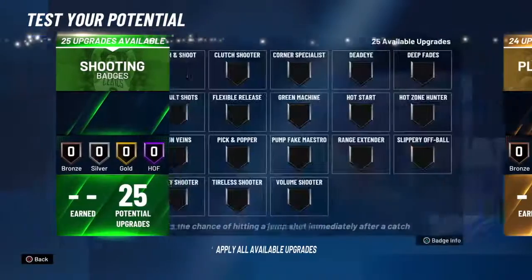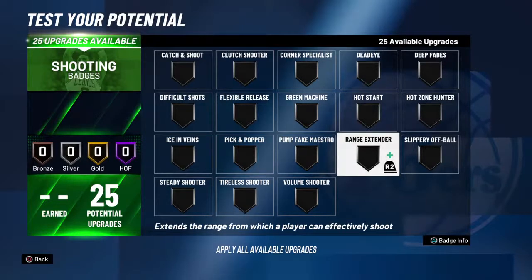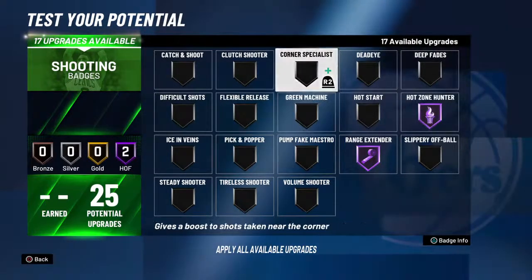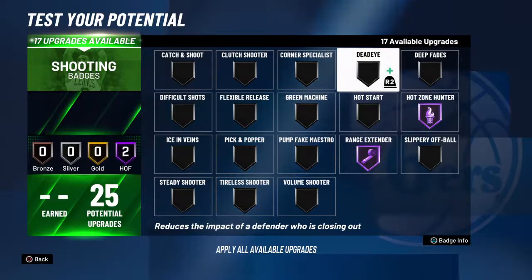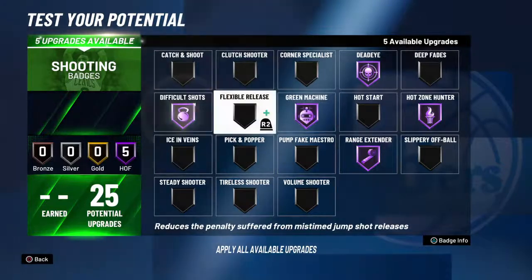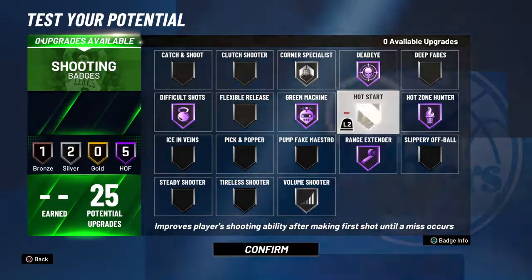So what I'd do with the badges is, I wouldn't make a build this year that goes up to 30 shooting badges. Because last year, you had to put extra into shooting because there was no quick draw, or because there was quick draw. This year, there is none. So you have a lot more freedom with these. So Range Center, Hall of Fame, Hot Zone Hunter, and then that's about all you really need for this. You can add Deadeye, Ring Machine, Difficult Shots, maybe even Volume, and Corner Specialist, and then Hot Start, but